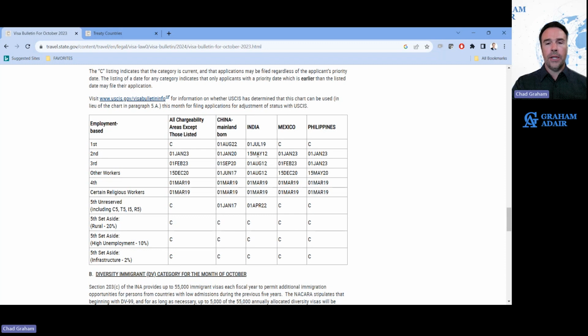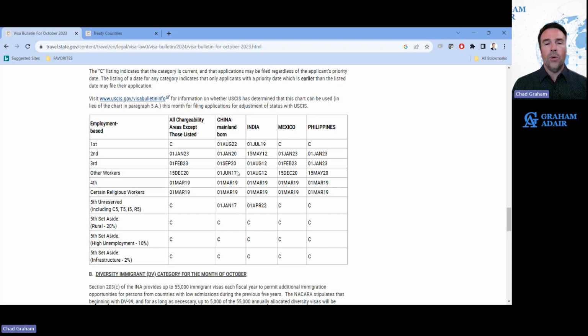So let's take a look here at China, actually. If you look at the second preference category for China, you'll see that it has an effective date of January 1st, 2020. In the third preference category, it's September 1st, 2020. So typically, being in the second preference category is an advantage because historically fewer people have qualified. But you see something interesting here in China, where the third preference category is actually better,